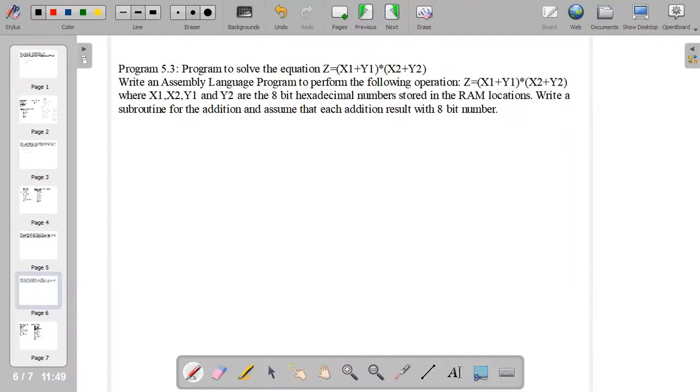So we have the equation (x1 plus y1) into (x2 plus y2). So the values x1, x2, y1 and y2 are stored in the consecutive memory locations.